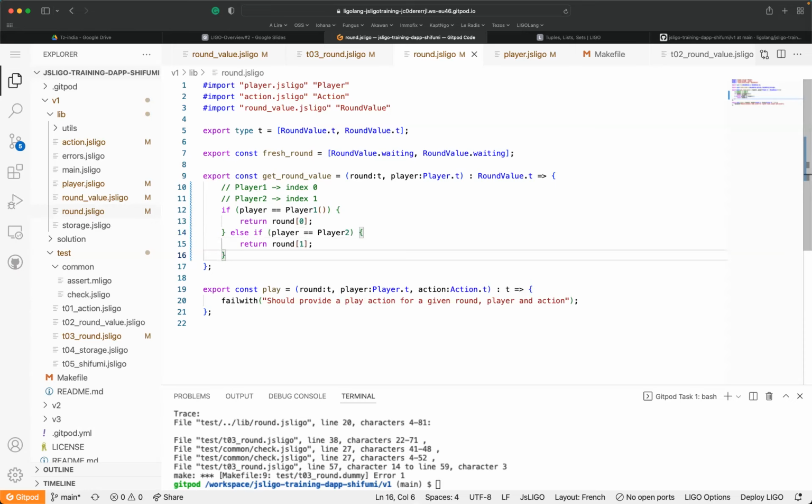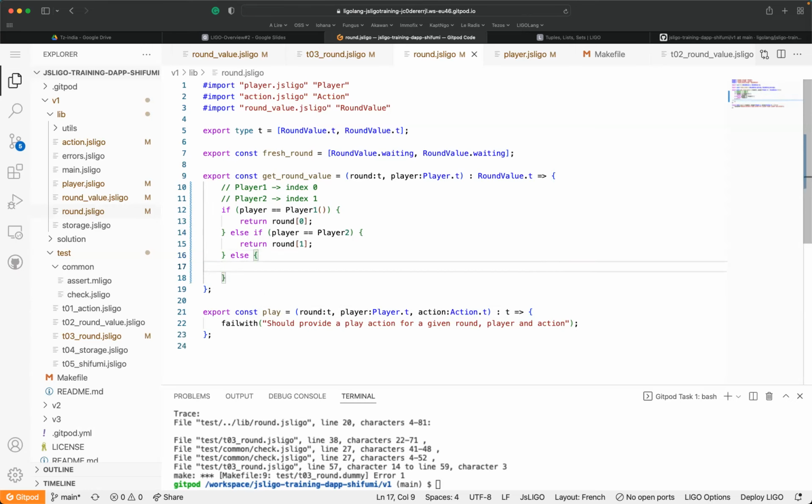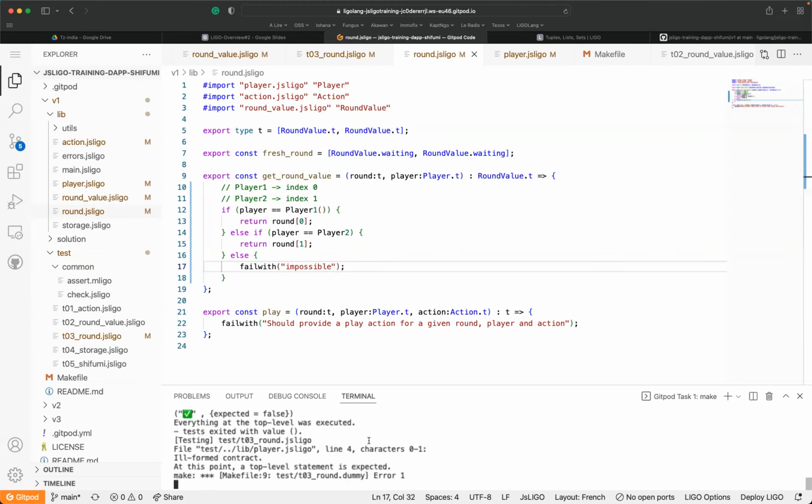And in the initial design, when we have player 1 and player 2, we have to fail because we have to return something which is impossible, for example. And here, if we add the player 3 later and we execute the test, we should have something which should be a contract error, statement expected at this point at top level, and something has been not written correctly.